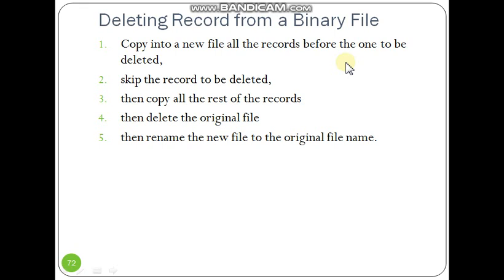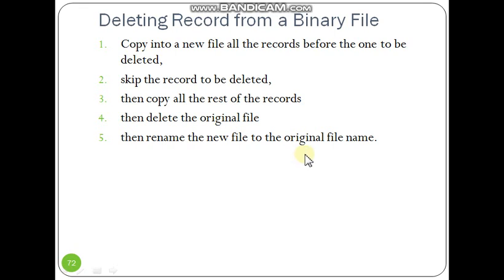That means we are copying the records except the record to be deleted to the temporary file, and after that we are deleting the original file and renaming the new temporary file to the original file name.